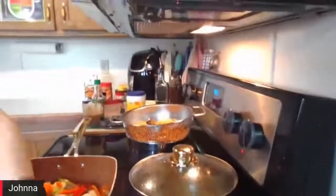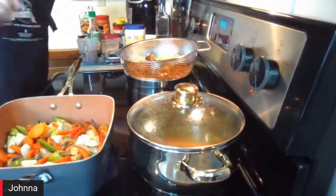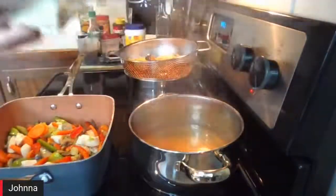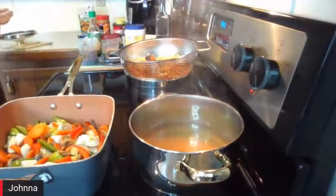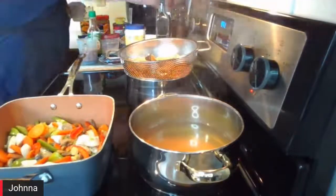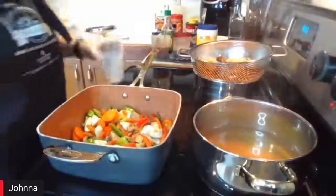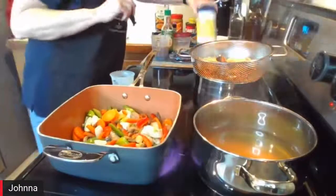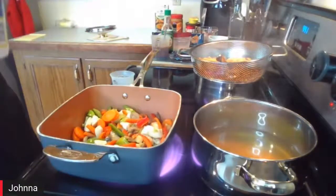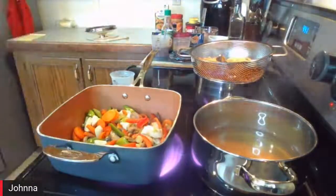All right, so let's get you moved over here so we can see what we're doing with this chicken broth, okay? That lid's a little warm. Let's get a pot holder. So I've got 4 cups of chicken broth that I've already got heated up. And we're going to, let me get a fork here. We're going to add in 2 tablespoons of water and, I lost my recipe. And then 2 tablespoons of cornstarch,